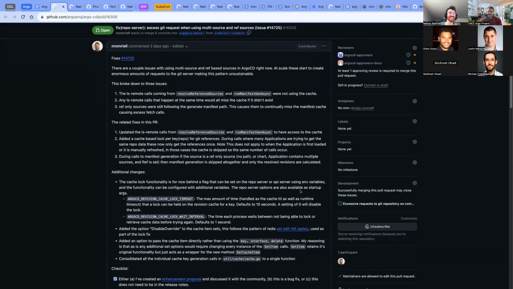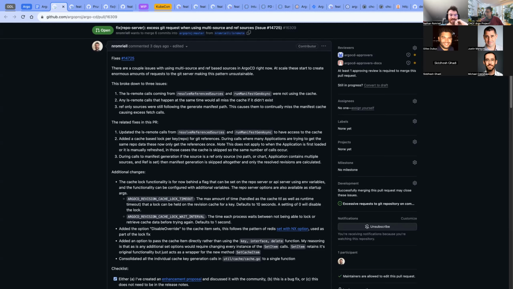A lot of us are familiar with this issue where multi-source causes a lot of GET requests to the server. There are at least a couple of talks at KubeCon about how that was causing issues for people. And at Adobe, we're having some big issues with it right now, so I'm trying to mitigate that. This does solve it, but obviously anything touching cache has big impact, because everything uses that. So I definitely wanted to get some feedback on the approach here, and also some validation that this is a good way to go.